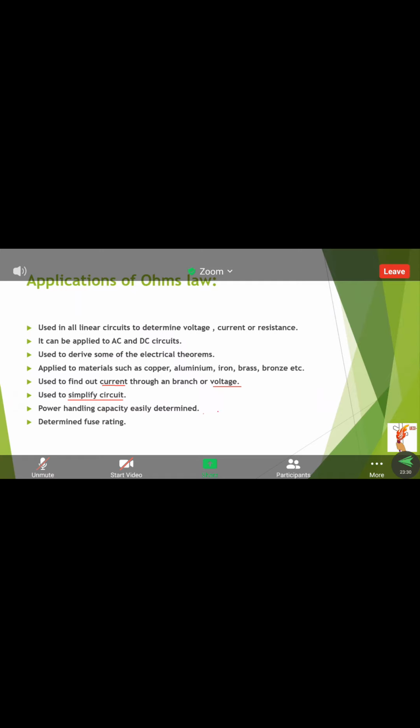For example, I draw here one resistor, another resistor, and one resistor like this. It is one branch. There are two resistors connected in one branch, and here this is another branch. Just assume like this. This is I1, this is I2, this is I3. I2 is divided into 3 portions. Here one current is flowing, from here one current is flowing, from here one current is flowing. We don't know how much current is divided into the 3 parts.